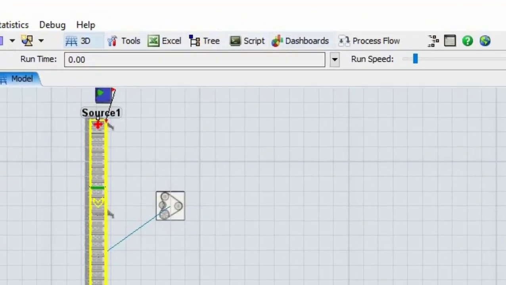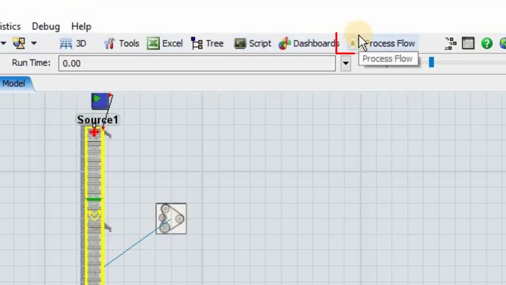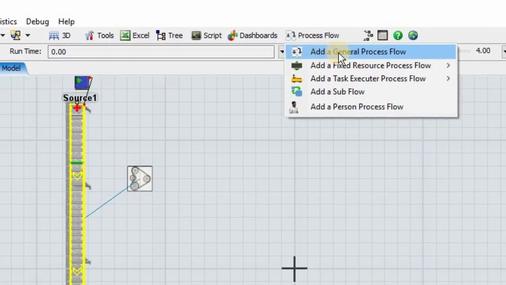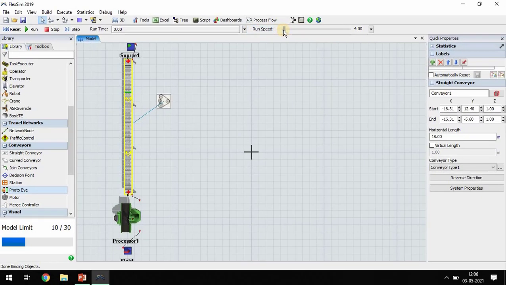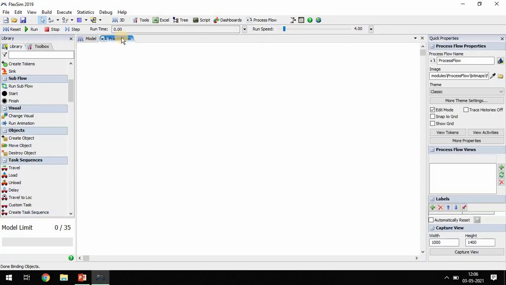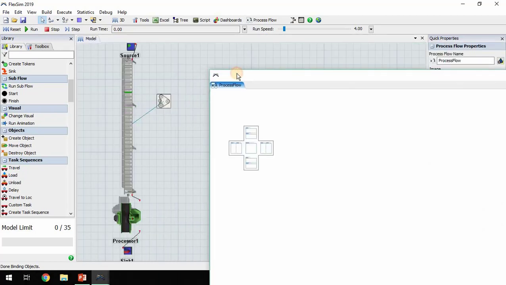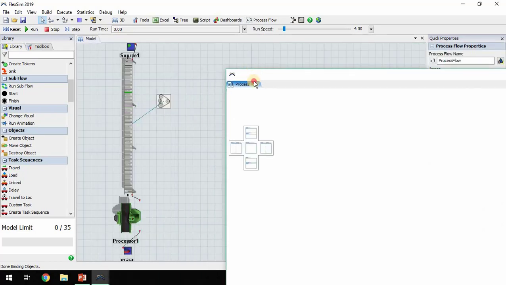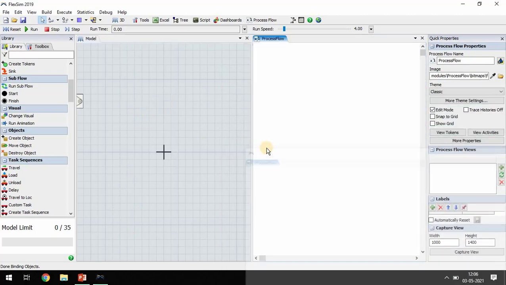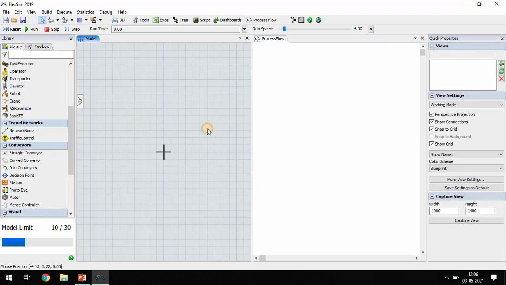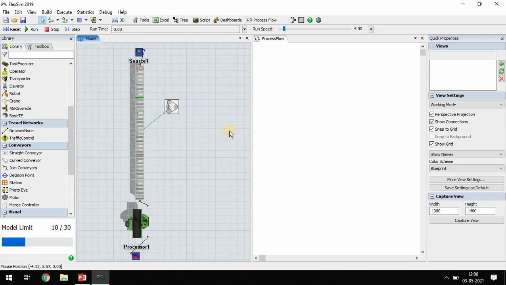So go to the toolbar, click on process flow, and add a general process flow. Then drag this process flow here, and there are some navigation keys. Place it in this section. That's it.